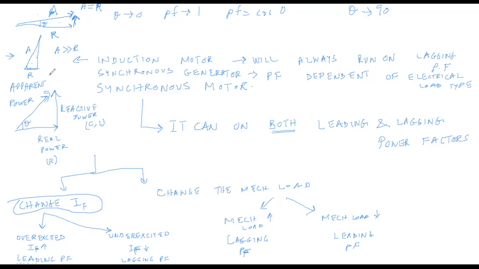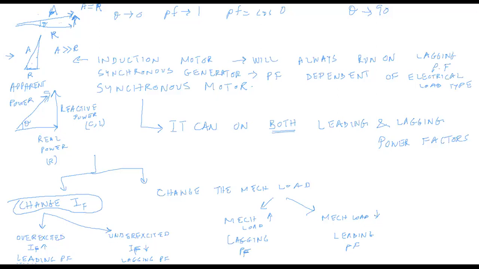This reactive power side normally comes from inductive loads, and a capacitive load can cancel this inductive load effect. That means it can bring the reactive power closer to zero, to make the power triangle look like this. So in order to cancel a lagging load, you can attach a leading load, and a leading load may be a capacitor, or a leading load could be a synchronous motor acting as a capacitor.